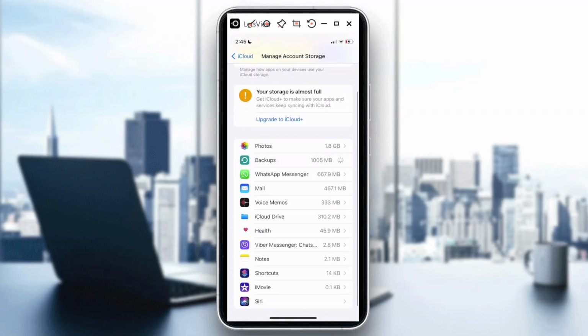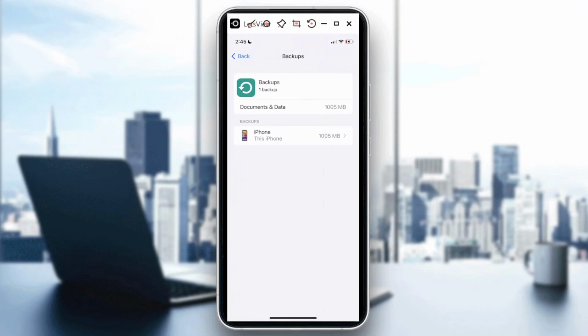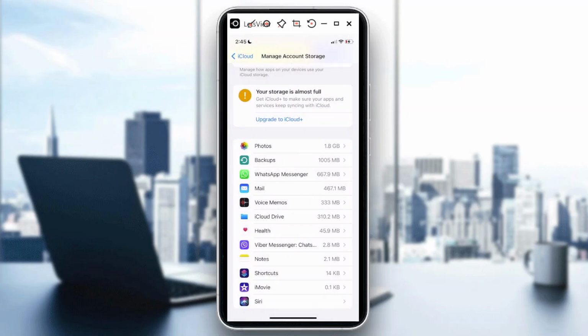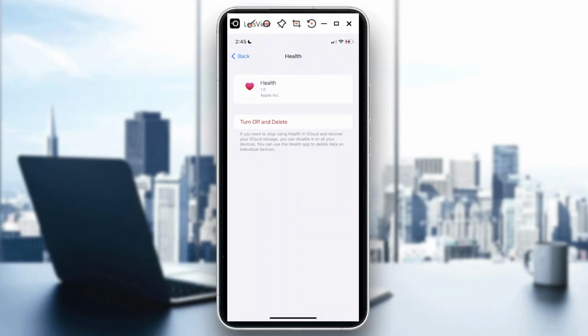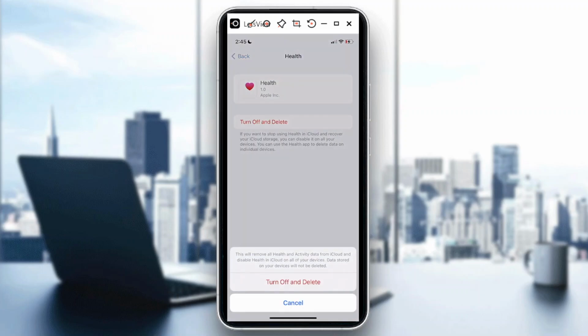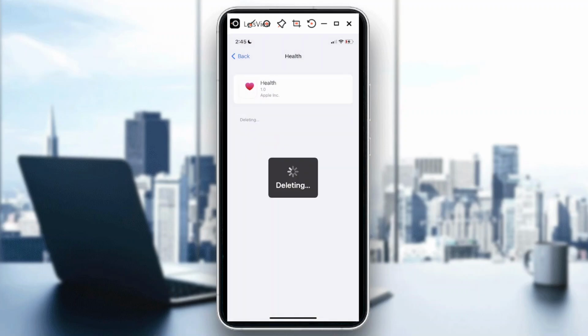If I look at my backups, it seems that I have some documents here that are eating up this much. So if I'm checking this one, I could turn off and delete that one. And then you would be able to clear your storage by removing all these apps that are synced to your iCloud. In terms of other things, to check other apps, just make sure,